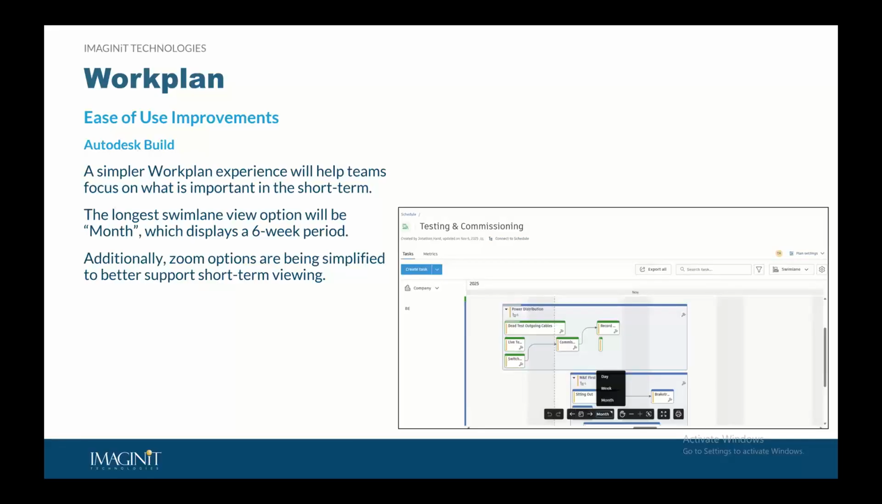So the view of the quarter option is no longer available when we're looking at selecting different views, kind of the time range that we're looking for. The longest swim lane, right? So the longest amount of time will be month from now on. And that's going to display a 6-week period. So you can still scroll to see other tasks that are in the future or the past, but what Autodesk